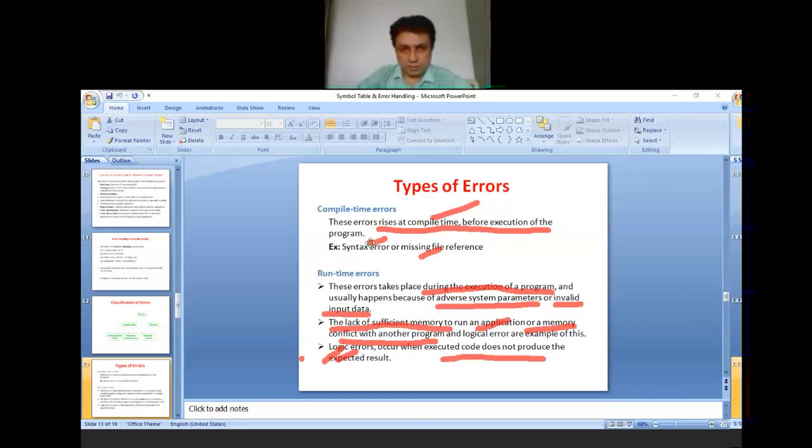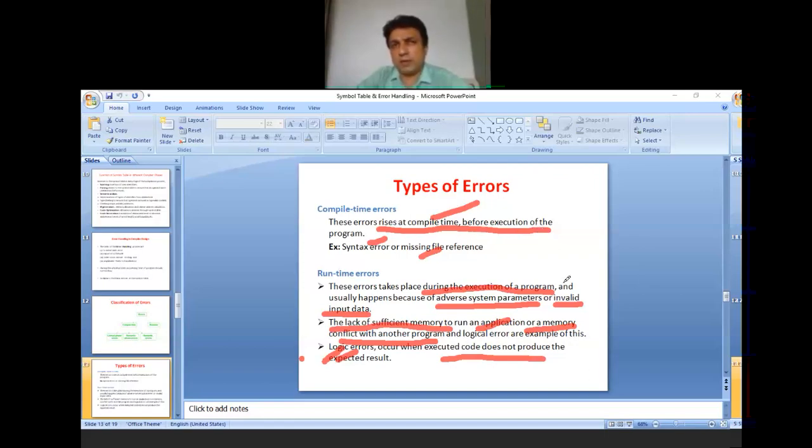So based on this, these are some of the differences between compile time errors and runtime errors. Logical errors are runtime errors, which we encounter during the execution of the program. But compile time errors are encountered before the execution of the program.